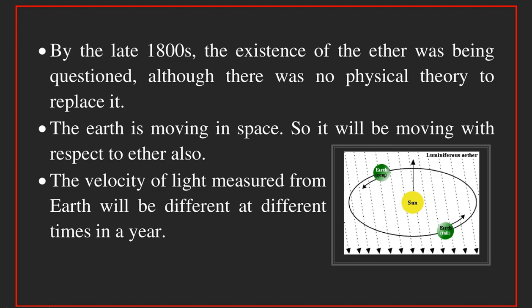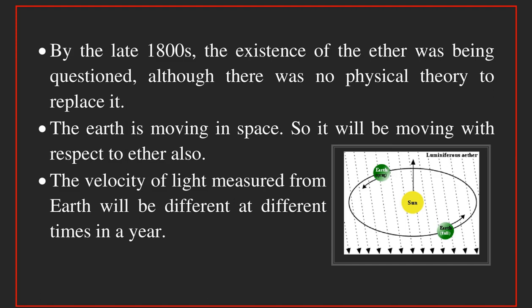Sometimes it may be moving anti-parallel to the velocity of light. Sometimes the earth may be moving perpendicular to the velocity of light. So the velocity of light can be measured at different time intervals in a year from earth,